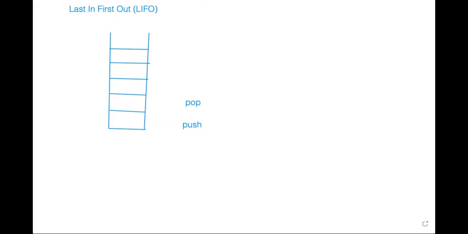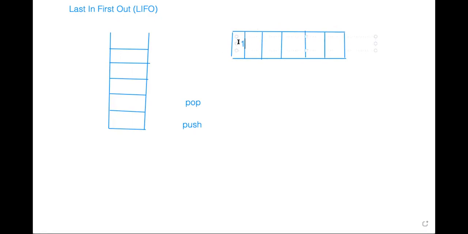Similarly, there is a data structure called queue. Okay, in queue, what happens?